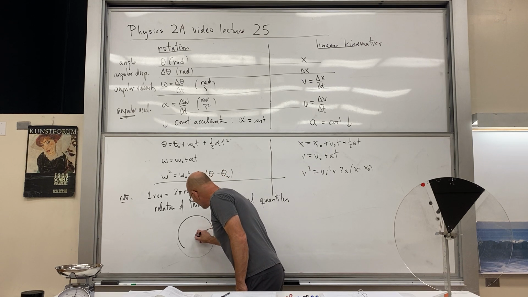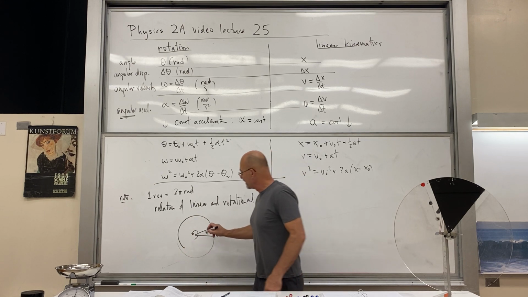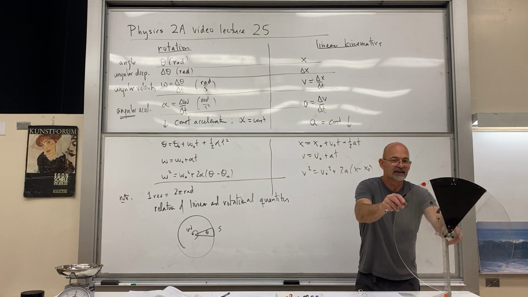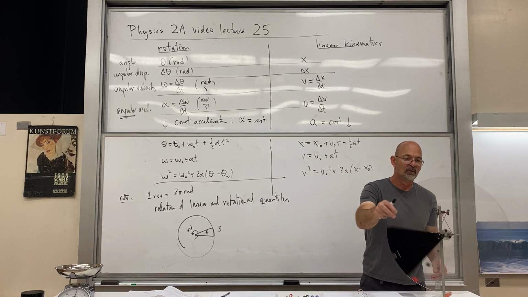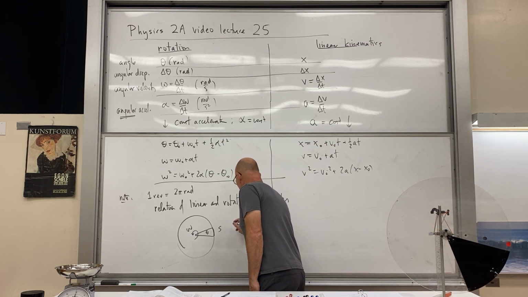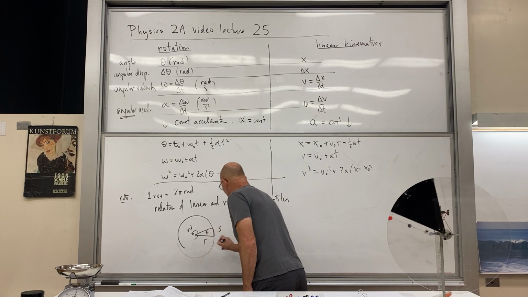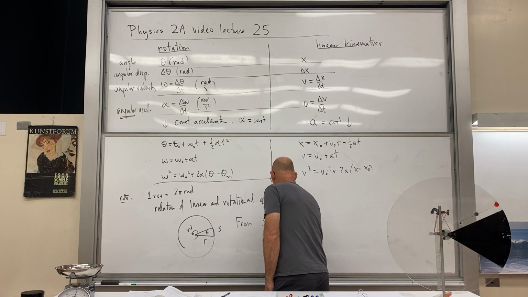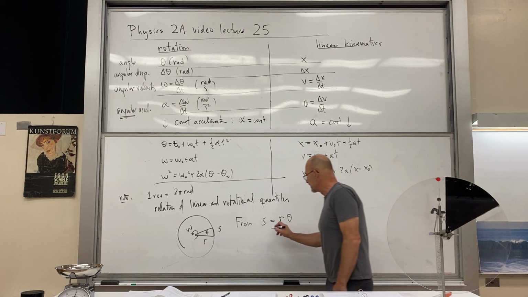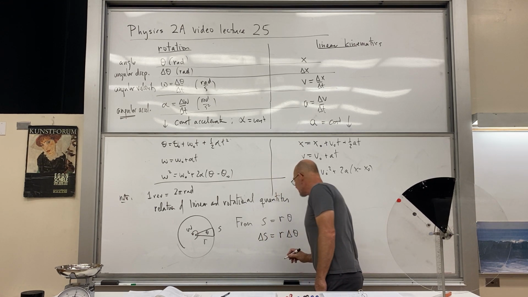And if we imagine this thing's rotating counterclockwise, I kind of do that counterclockwise arrow there and refer to that as omega. So this disk is now rotating counterclockwise, just like this one here, with rotational speed omega. Okay. So from our original definition, and there's R, from S equals R theta, we have delta S equals R delta theta,